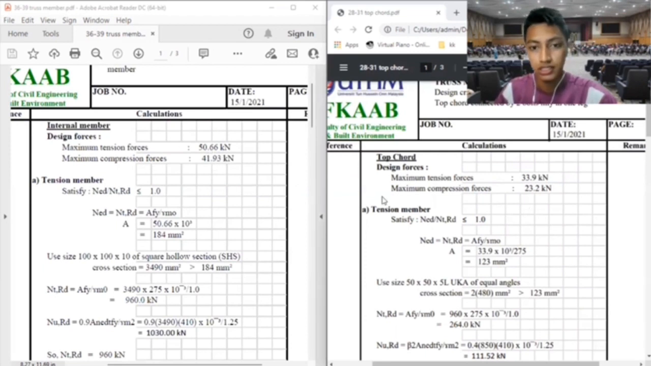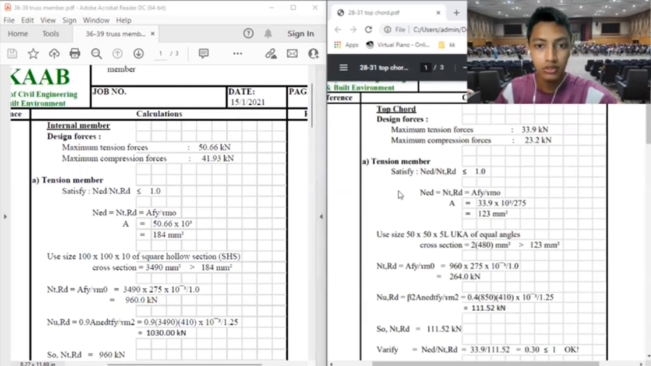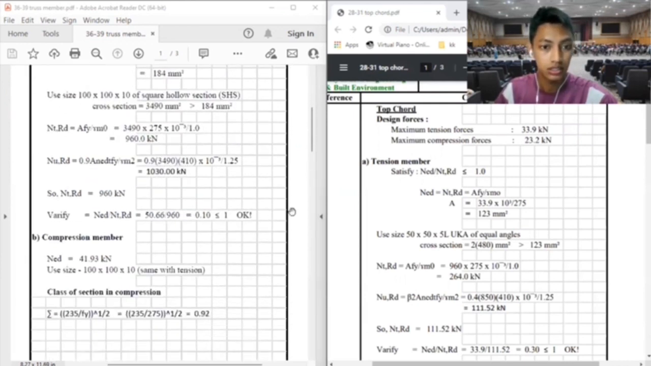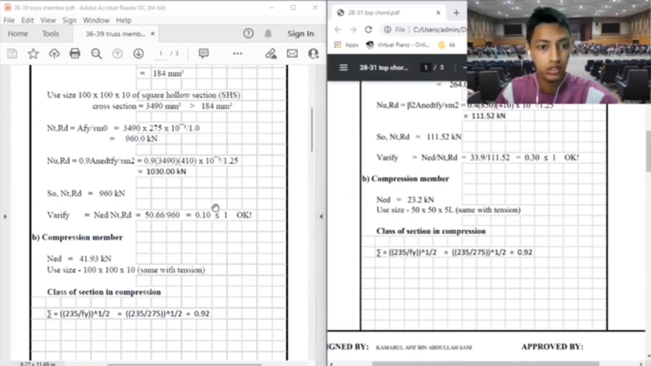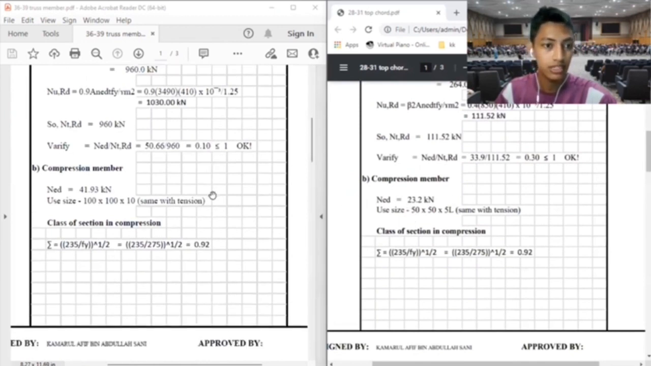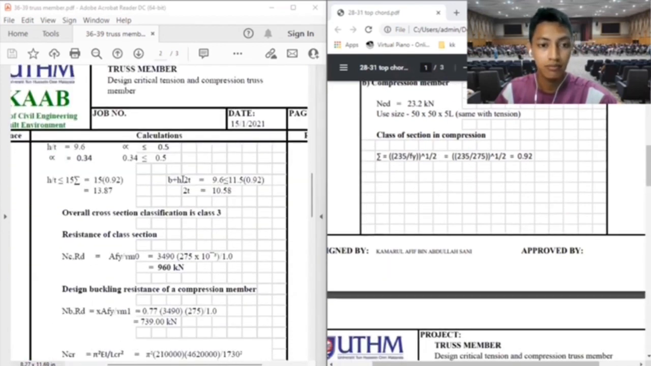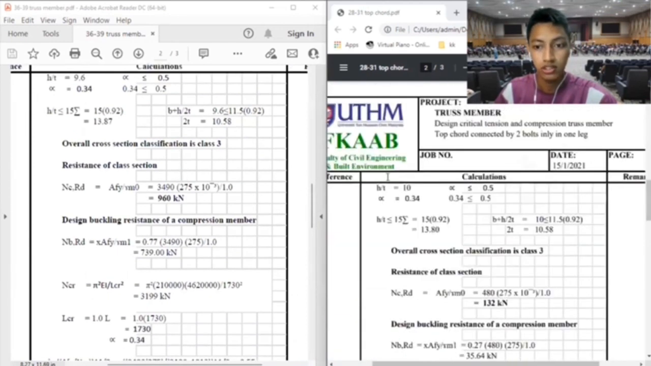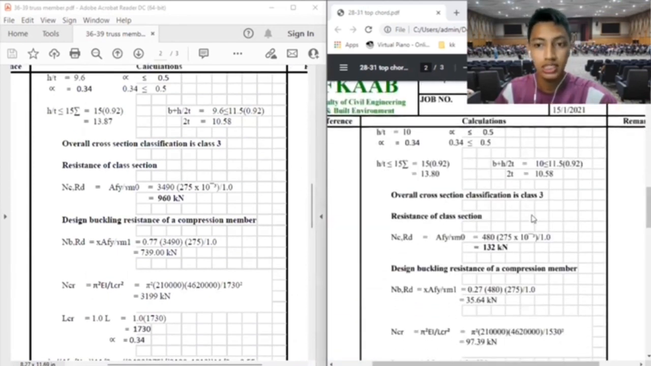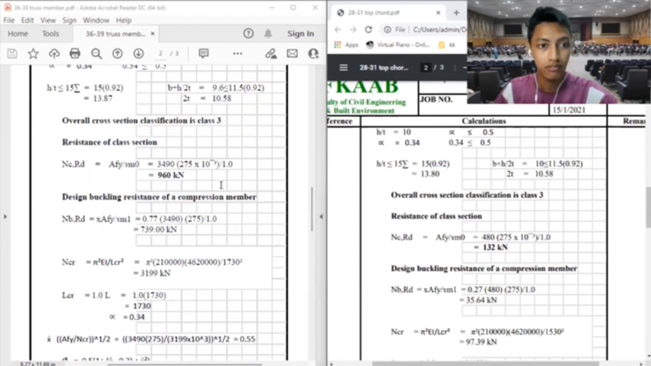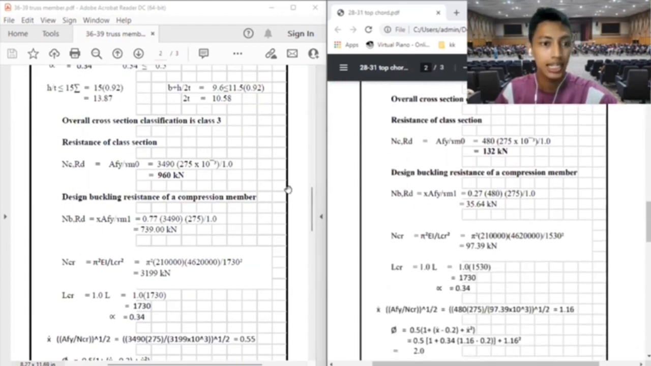In order to find this, first we're going to find the tension member. We must satisfy that the value must not exceed 1.0. So in these two equation calculations, it is okay. Next, we're going to find the compression member. Same as the previous slide, we're going to find the overall cross section between these two calculations, which is class 3. So we're going to find the resistance of the cross section and the design buckling resistance of a compression member